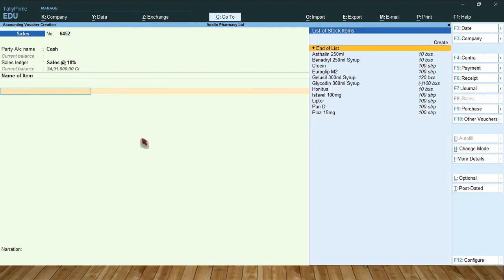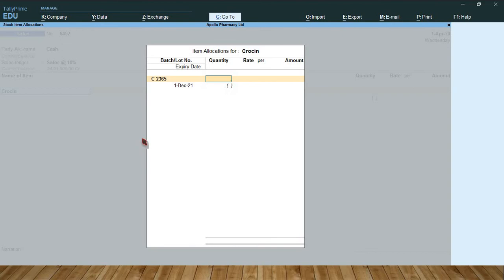First select tablets. So Crocin 50, rate 54,